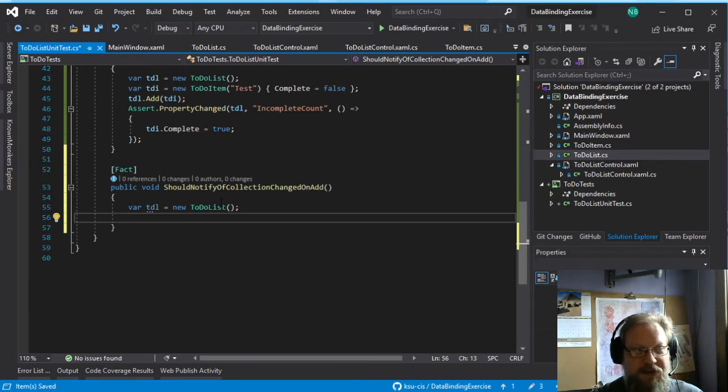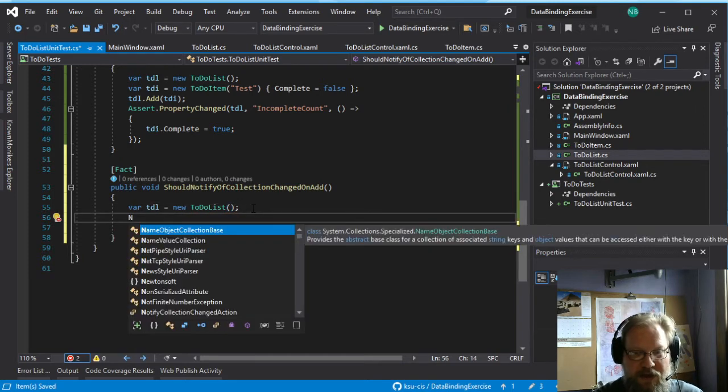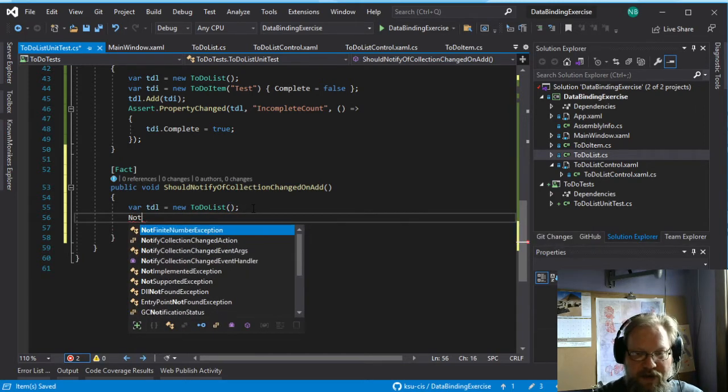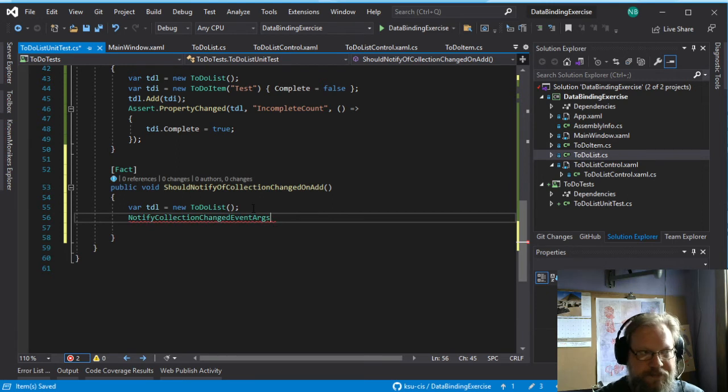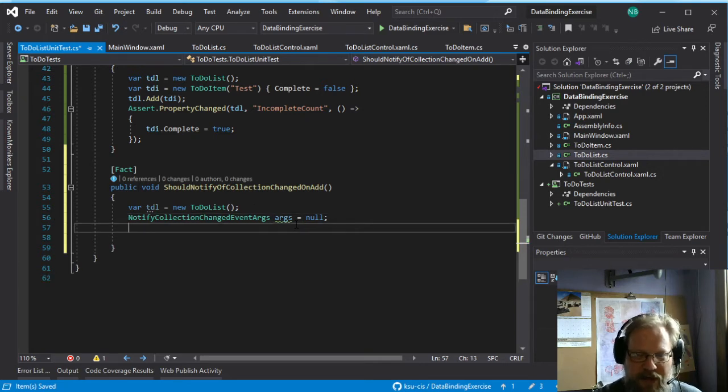Okay, so what do we have to do? Well, we have this event or object that we have implementing an event. We know what that event should look like, and we know what kind of event args we should get. So let's go ahead and define a variable to represent those. So notify collection changed event args. And I'm going to create one that is initially null. So this is just going to be a variable that we're going to hold around and use as part of